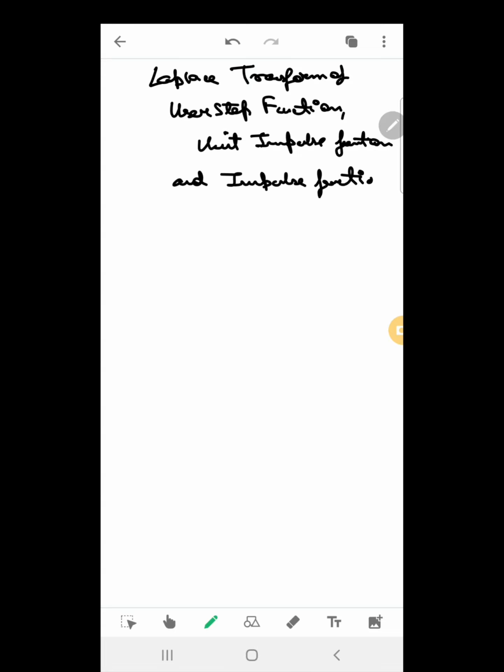Clear? First, let me define each of these functions, then we will be finding the Laplace transform. So the unit step function,